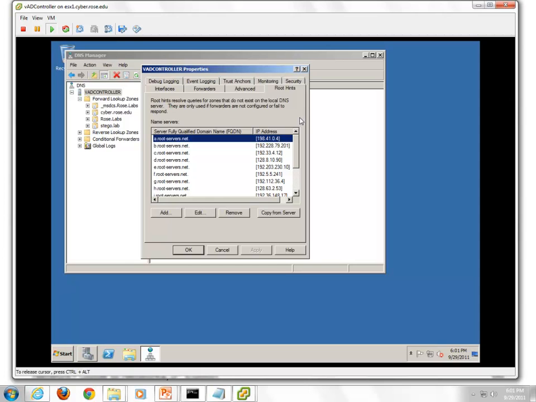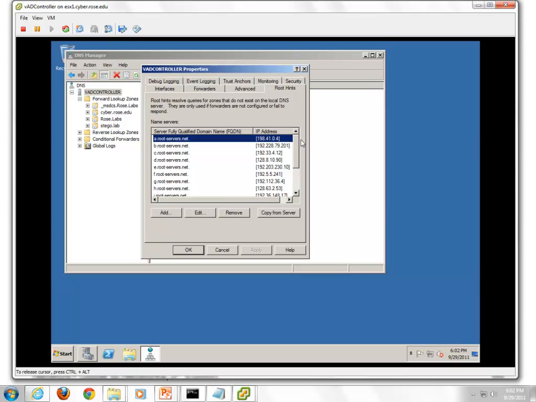On the slide a second ago, it just says there's a hierarchical system with 13 servers. There's the 13 servers, A through M. I think hackers took down 11 of them a couple years ago. Didn't hurt anything, because there's 13 of them. These are kind of like the top people. These are like the 911 service. You call them, and then they forward you to somebody else. They call the cops for you, or the fire department, or whatever.